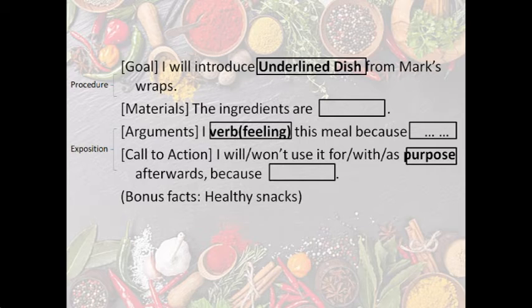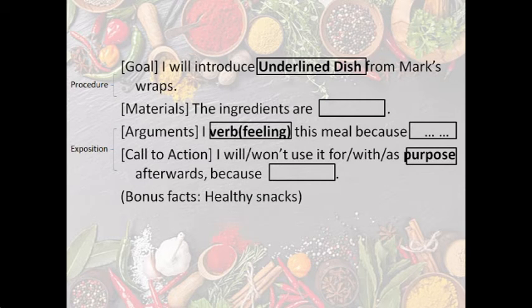The example of the conversation will be like, I will introduce the seafood combo from Mark's Wraps. The ingredients are a piece of salmon and some sort of shellfish. I like this meal because it is healthy and fresh. I will use it as a part of my future healthy meal plan afterwards because it is easy to prepare. If the group chooses to introduce the first food that Mark mentioned, which is the healthy snack, and then successfully makes up the ingredients of the healthy snack, I will give the group a bonus point because they show